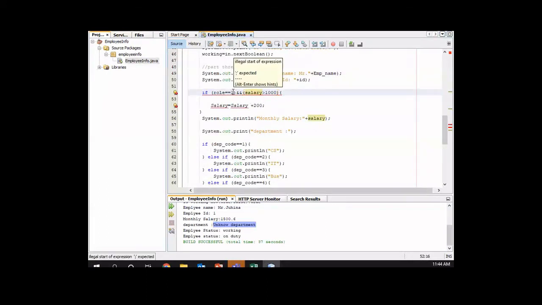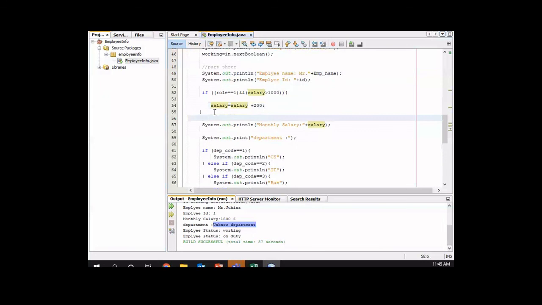Oh yeah, we have to use this. If you have two conditions, you have to put them inside brackets, because this counts as one condition. So it should be inside two brackets. Salary is a small letter. And then I could say else